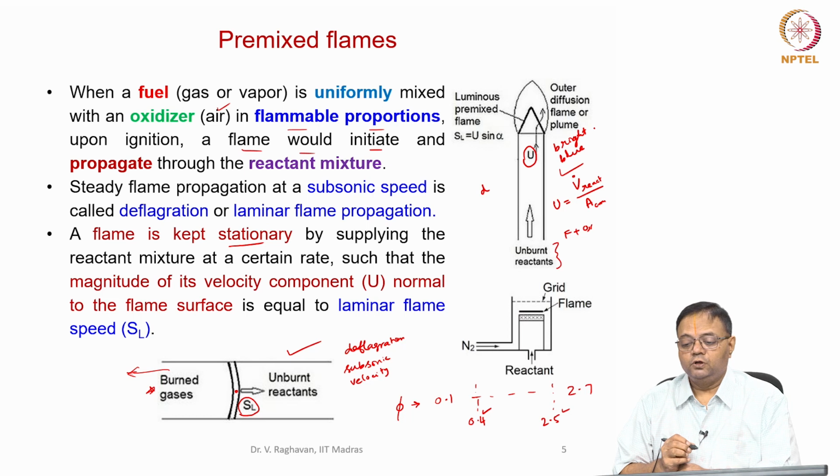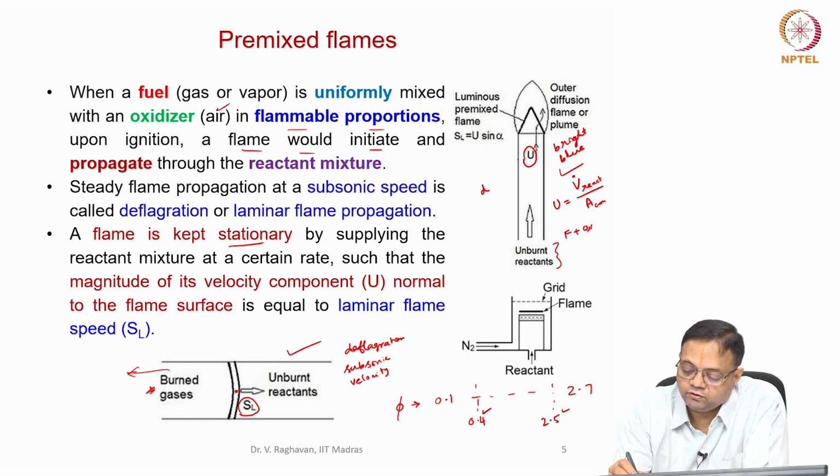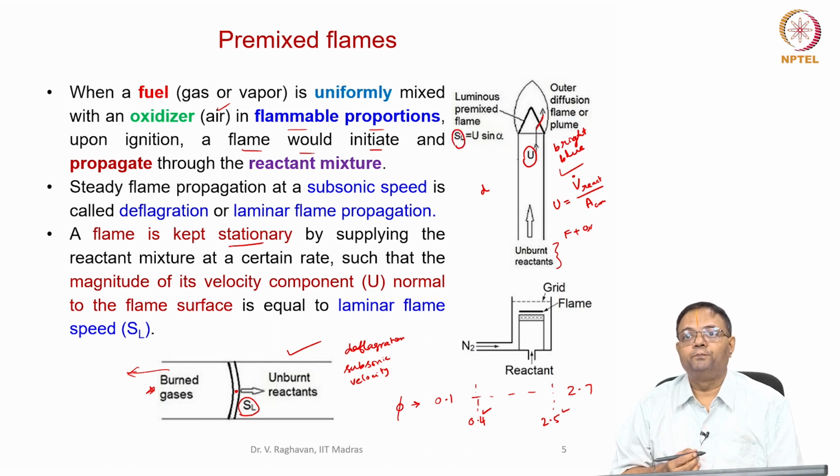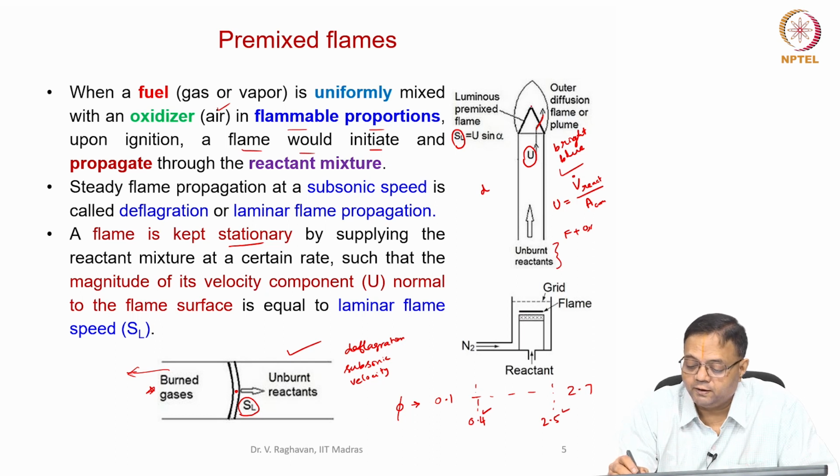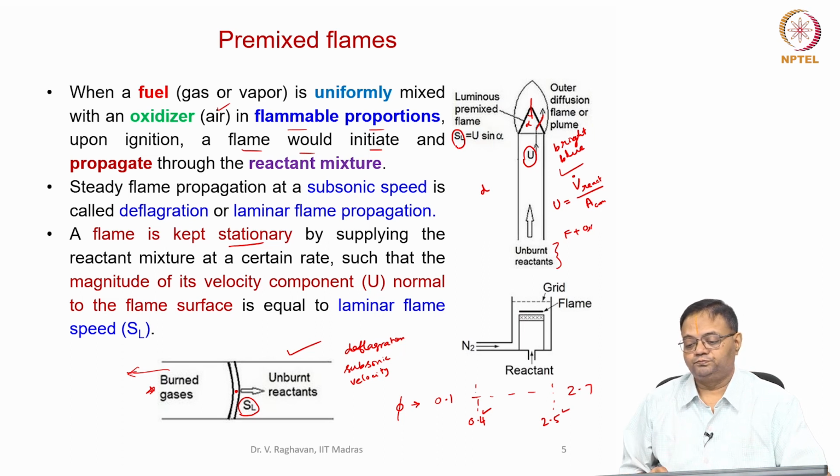Bright blue in color. Now, what happens is the reactants, I have shown a streamline here. The reactants pass through in a perpendicular direction to the flame and go away, and this velocity component perpendicular to the flame zone is called SL, that is the laminar flame speed. That can be calculated by calculating the half cone angle. Say this is alpha, half cone angle. So, U is the superficial velocity of the reactants, and U into sin alpha will give you SL, which is the perpendicular